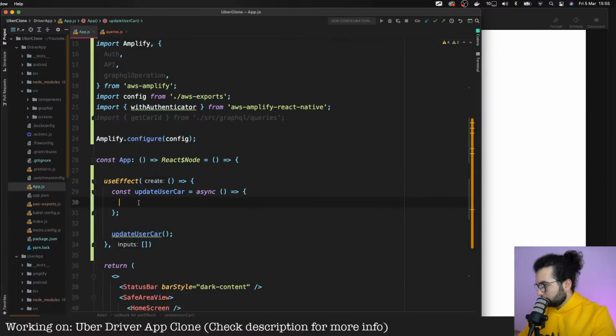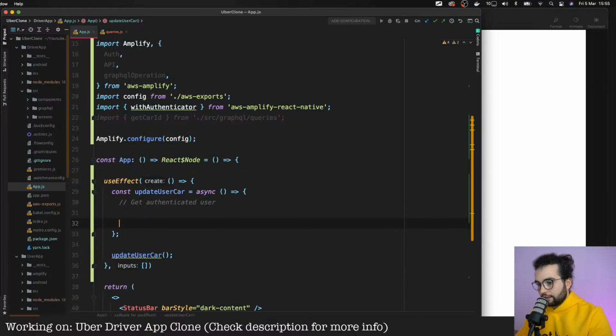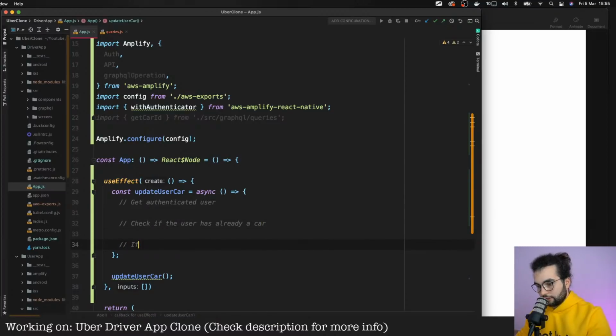And here we will need to follow a couple of steps. First one is get authenticated user. Then check if the user has already a car, and if not, create a new car for the user.